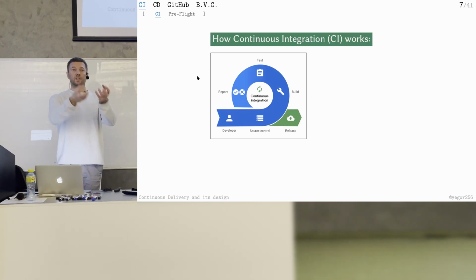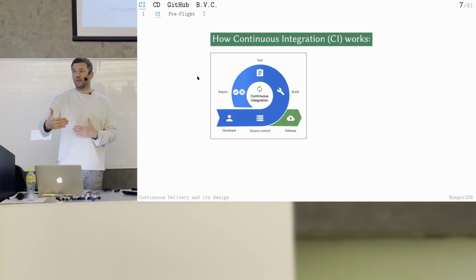The robot takes the latest version from the repository and says, let's do build. So the system is being built: tests, compile, everything together. You make the script for that, and usually the script stays right there together with the source code.